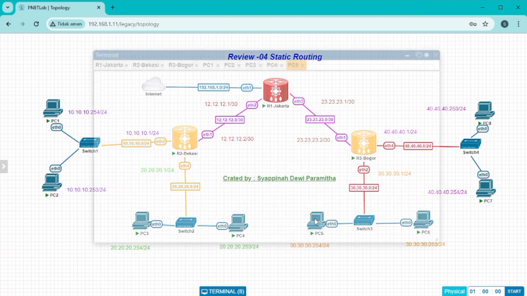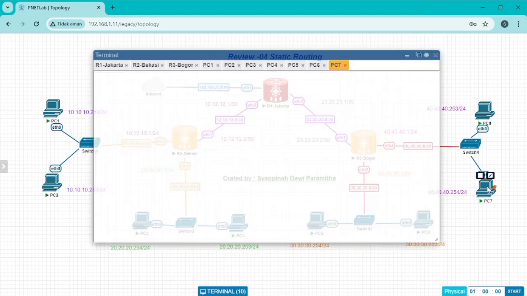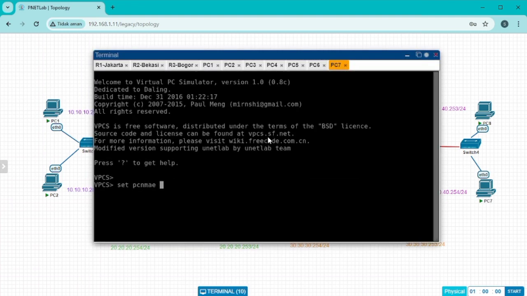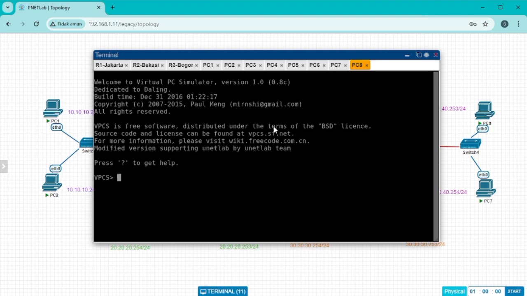Next, do the same for PC5, PC6, PC7, and PC8: log in, give identity, and request IP DHCP on each.